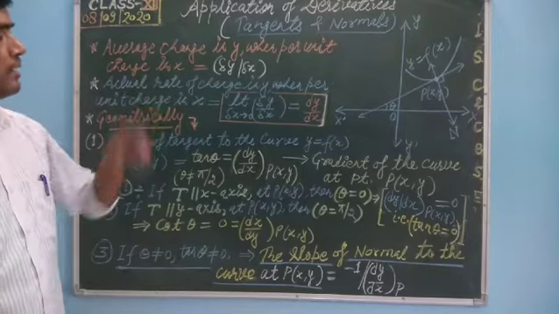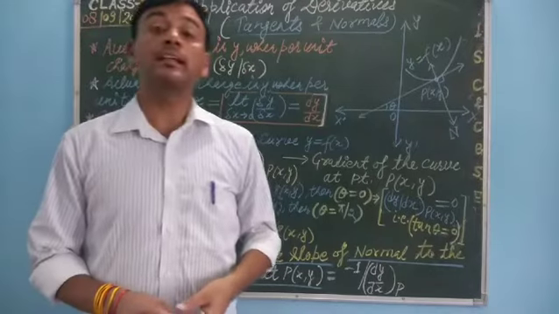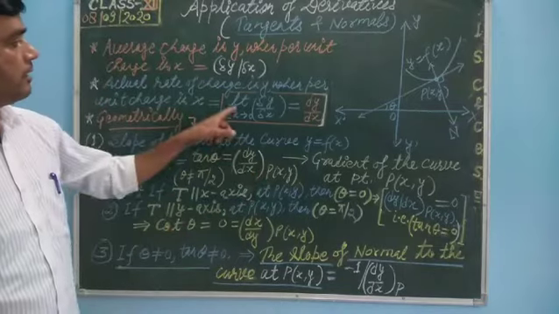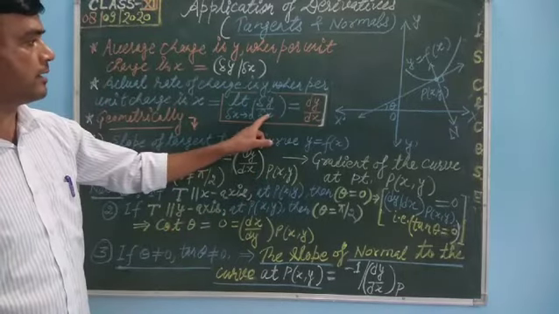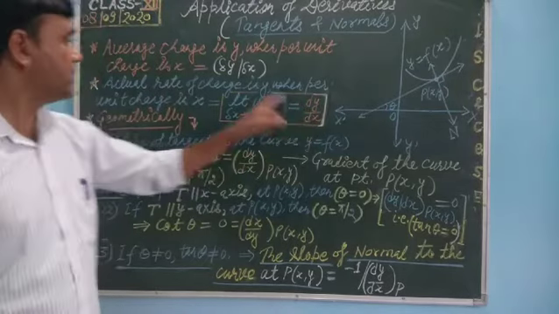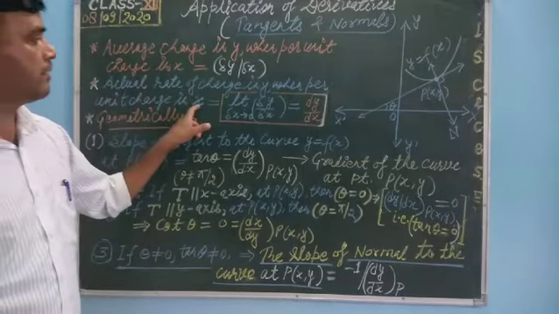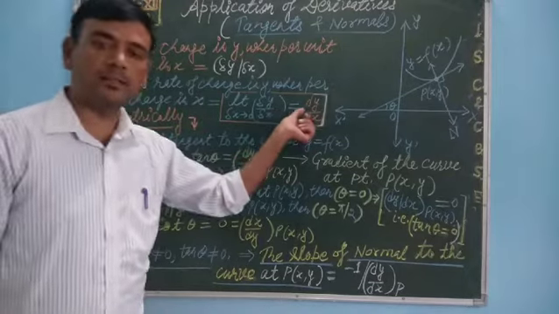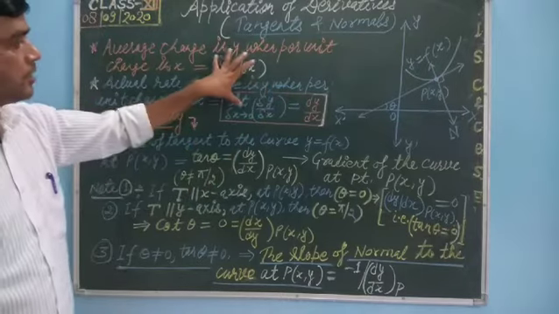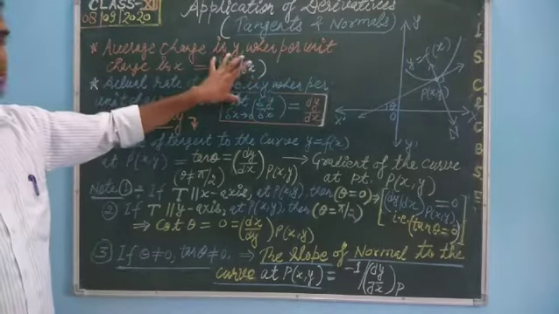That actual change you can also call instantaneous change, which we already studied in physics. That is represented by the limiting value of delta y upon delta x, which is equal to dy upon dx. So here dy upon dx denotes the actual rate of change in dependent variable y with respect to independent variable x, and this is nothing but the instantaneous rate of change in a body. Okay, so this has been removed, but it will be useful in discussing tangents and normals. That's why I have taken this for a while.